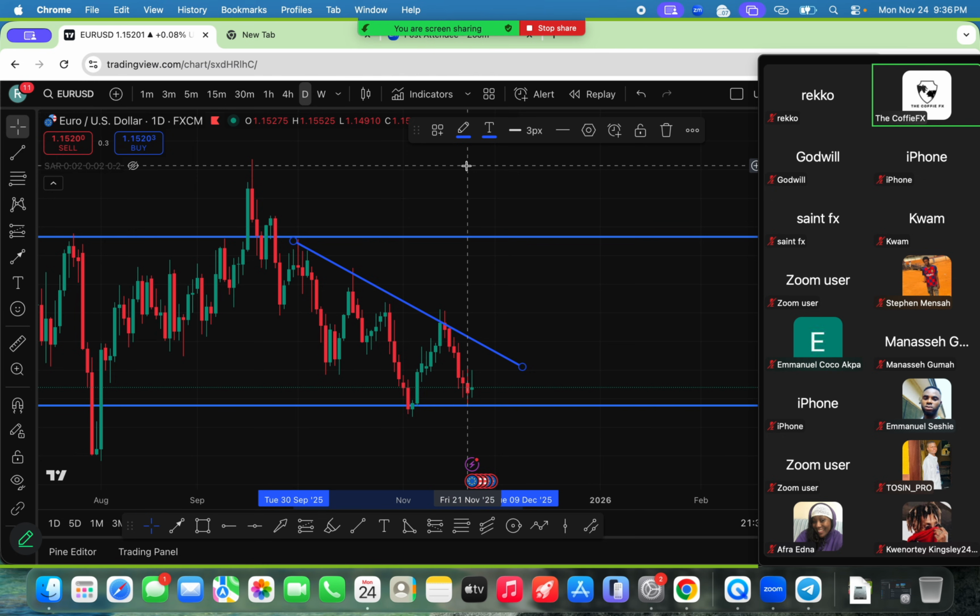All right. So in the weekly time frame, what did we find? We found our turning point in the weekly time frame. Then we came to the daily time frame. In the daily time frame, we are finding the trend or the direction of the market. Where else are we going? Can you guys text it in the comment section? What else are we going to do? What's the next time frame?